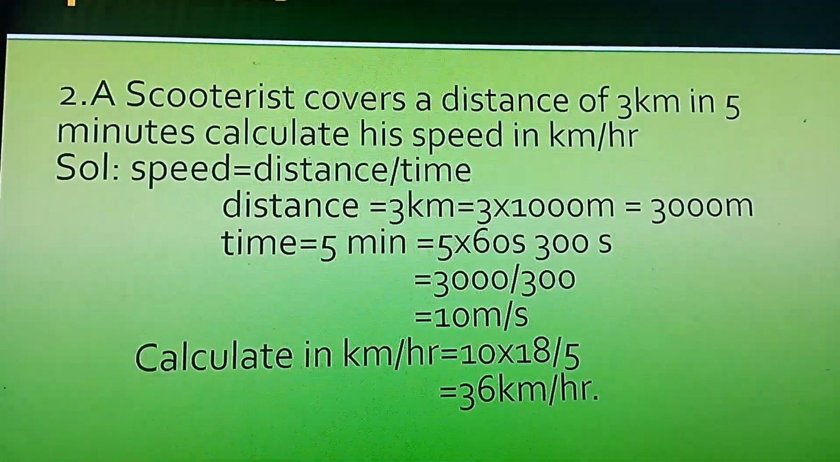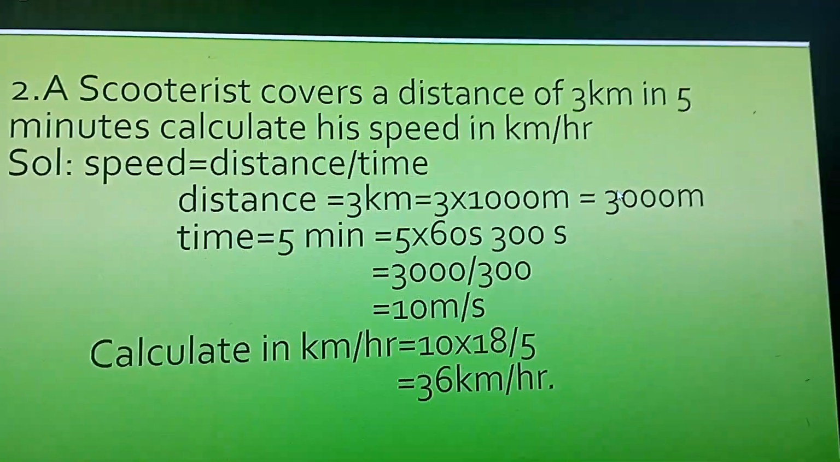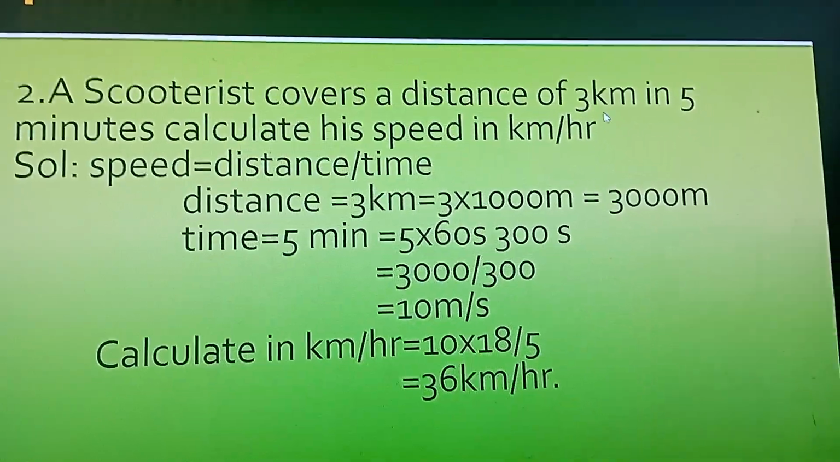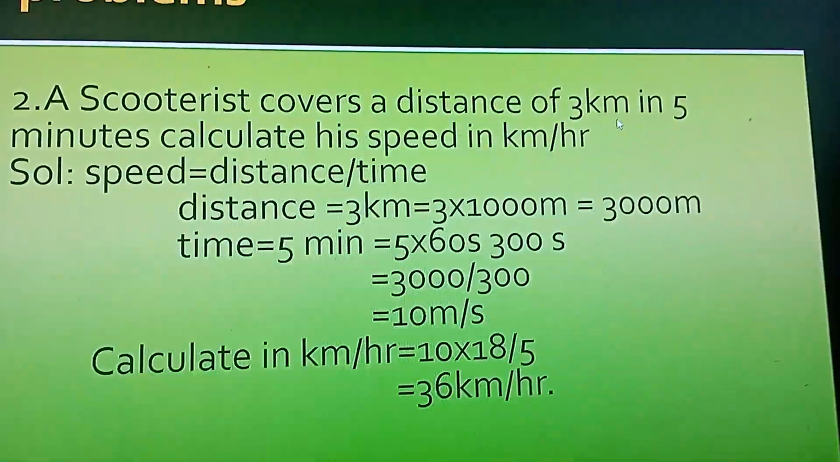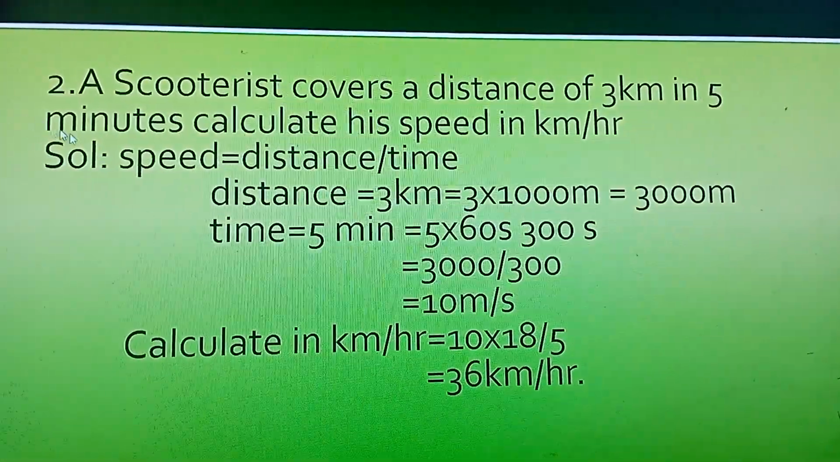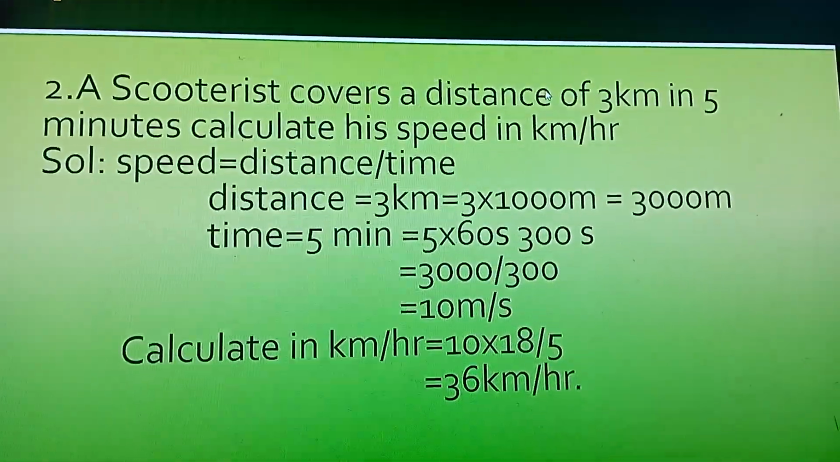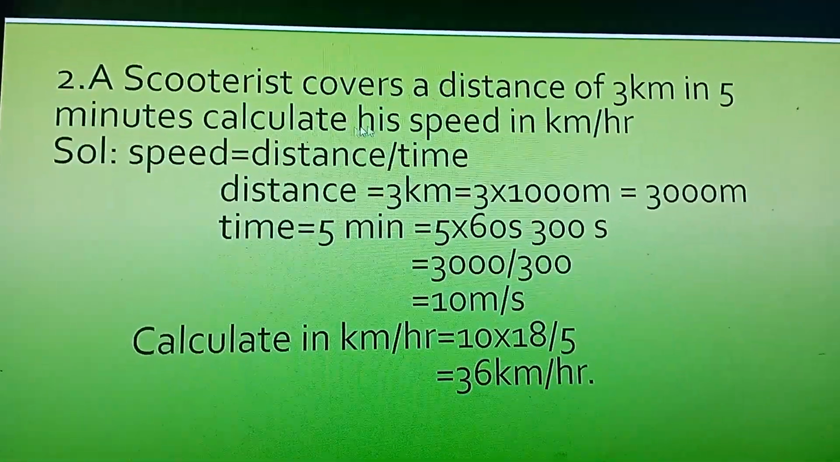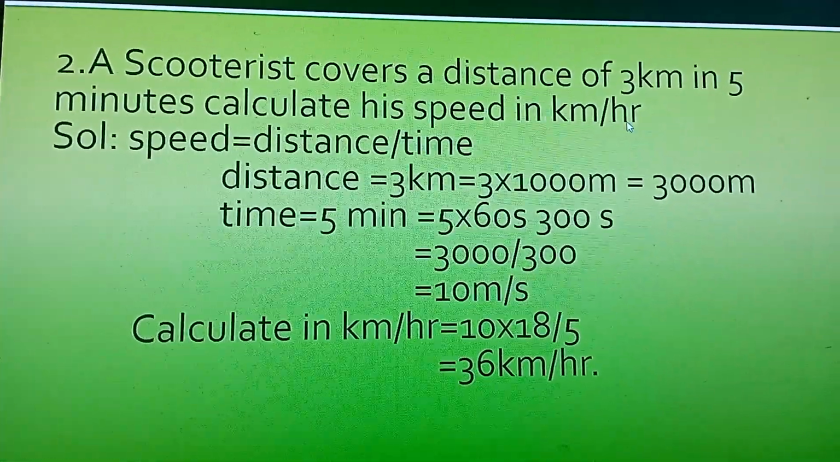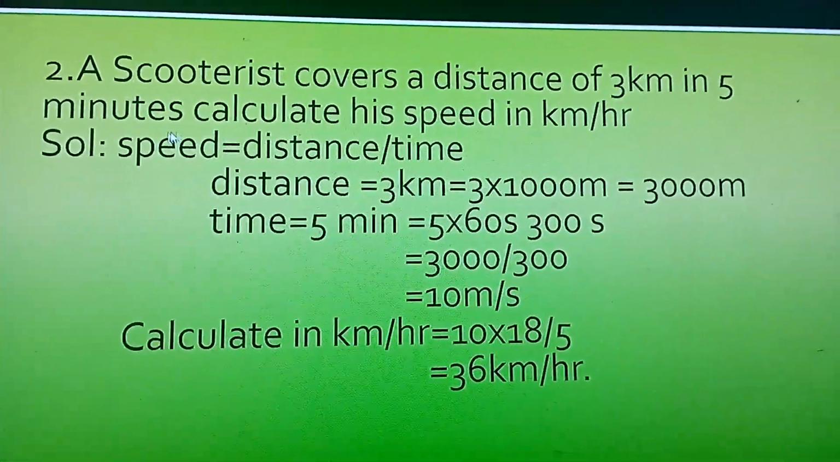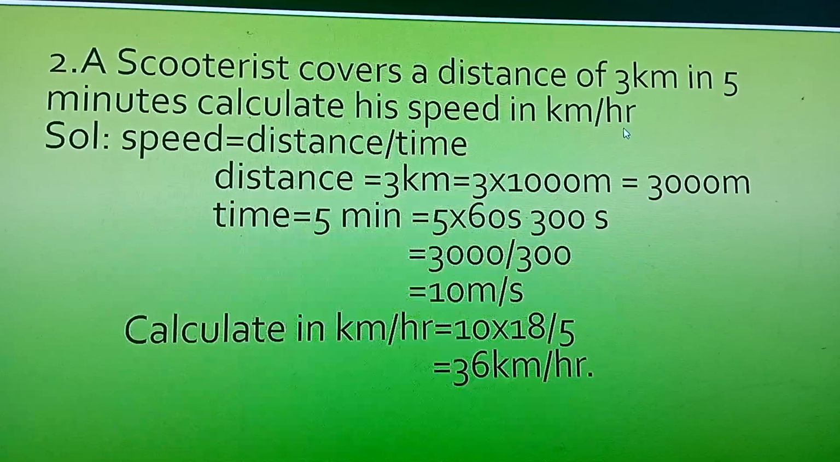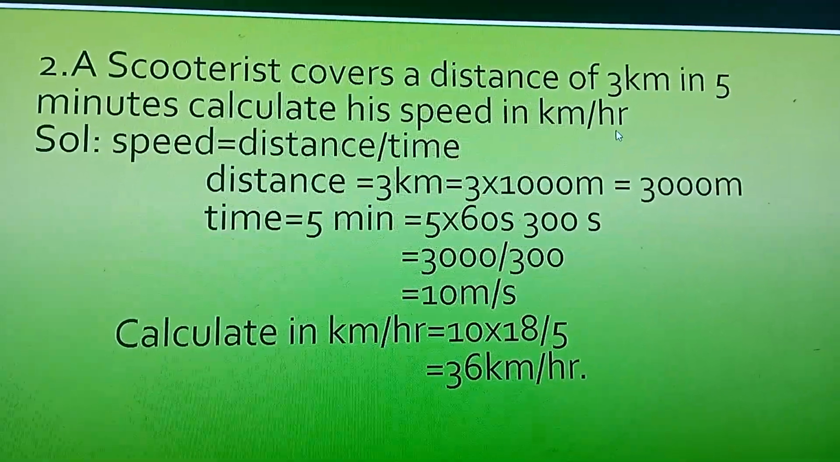A scooter travels a distance of 3 kilometers in 5 minutes. See the units here. Distance is given in kilometers, a larger unit. Time is given in 5 minutes, not in hours. Calculate his speed in kilometer per hour. See, time is given in minutes, but they ask you to find it in hours. So,